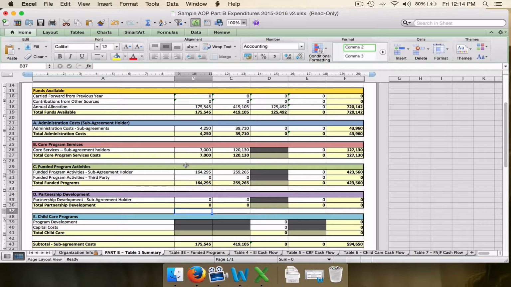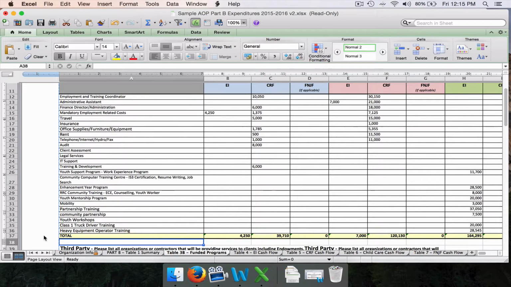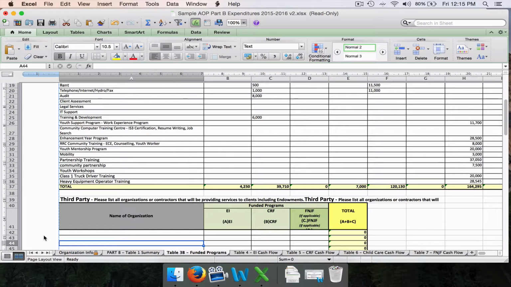Okay, and then the funded programs that we looked at last, and there's 164,295 for EI and 259. Like I said, the CRF is higher than the EI allocation. So let's go back to the funded programs. We've completed that part. We need to do the daycare next. So with this agreement, there's a third party